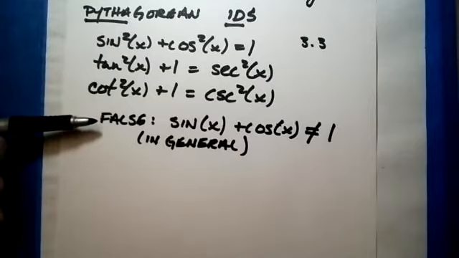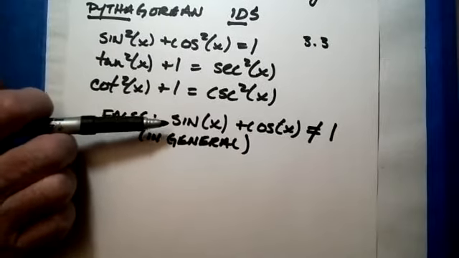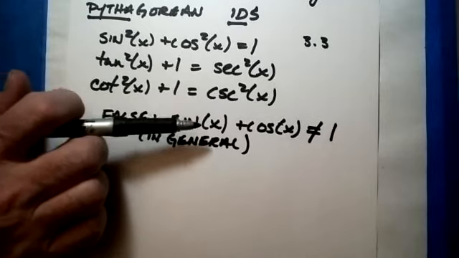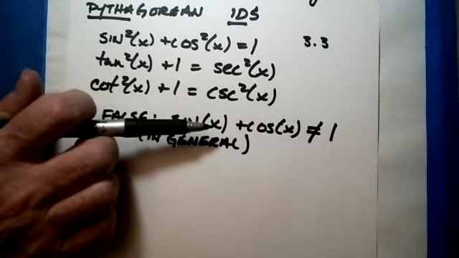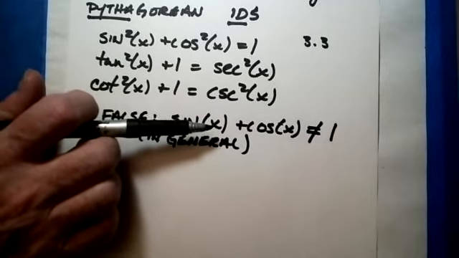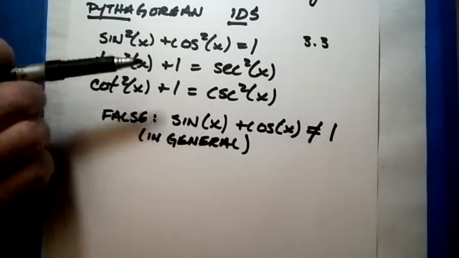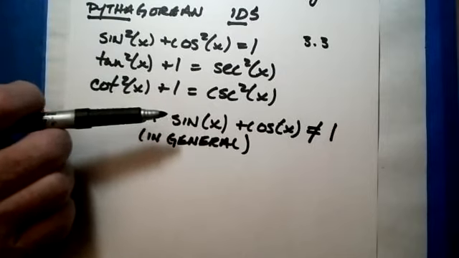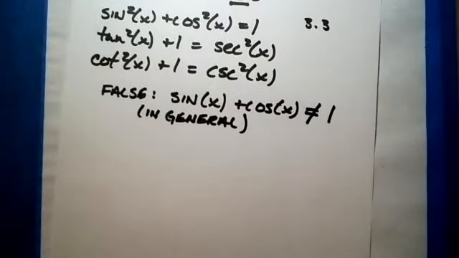In chapter 6, we will solve equations like this, where we will find exactly which angles it holds true for. But it's not true for all angles. And that's the difference between, say, an identity and an equation. Okay, so moving on,